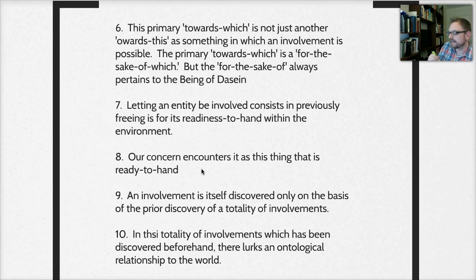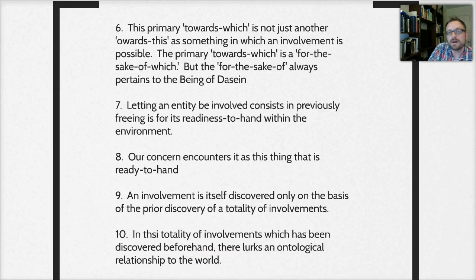And you can see here, Heidegger is just systematically describing the way in which we actually operate in the world, right? In which we have manners and modes of involvement that are organized by our concern. And there's a whole totality of involvements that we have with the world, and things get placed and organized accordingly, right? Because it's in this totality of involvements, which has been discovered beforehand, there always lurks an ontological relationship to